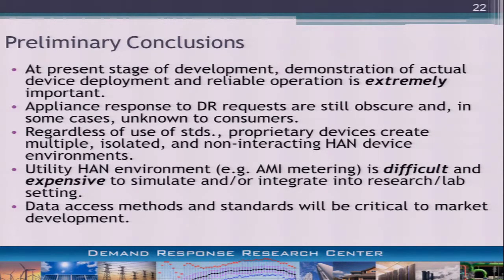So one thing that I've got to stress is that at the present stage of development, just demonstrating that this equipment can be deployed and run and have its reliable operation observed is extremely, extremely important. Even at this seemingly late stage of development in terms of appliances and other subsystems, we saw networking issues show up simply because manufacturing development was done in an environment where they thought they were in a subdivision with homes with a single wireless network available or visible from a particular appliance. In a research lab or a commercial environment or even a large apartment building, you see multiple networks in that environment, and it caused problems with at least one of the devices that we tested. And so just literally plugging them in and making them work is